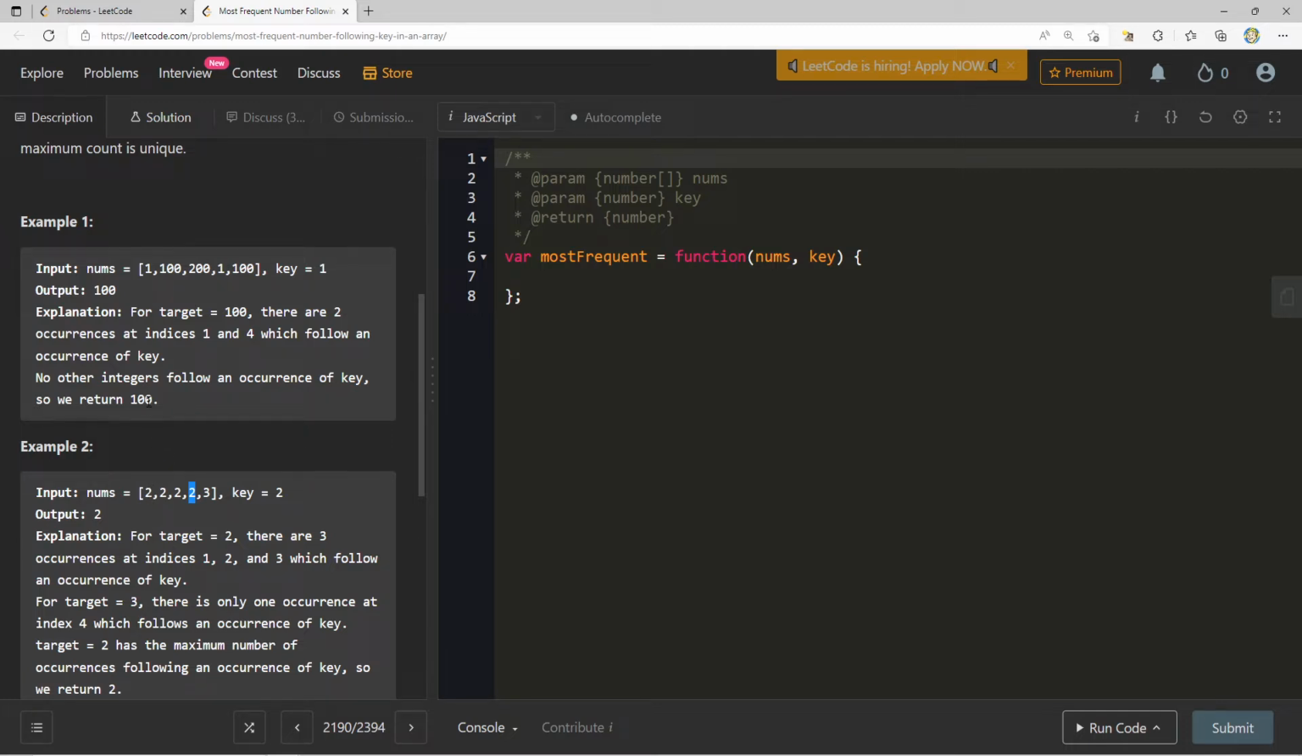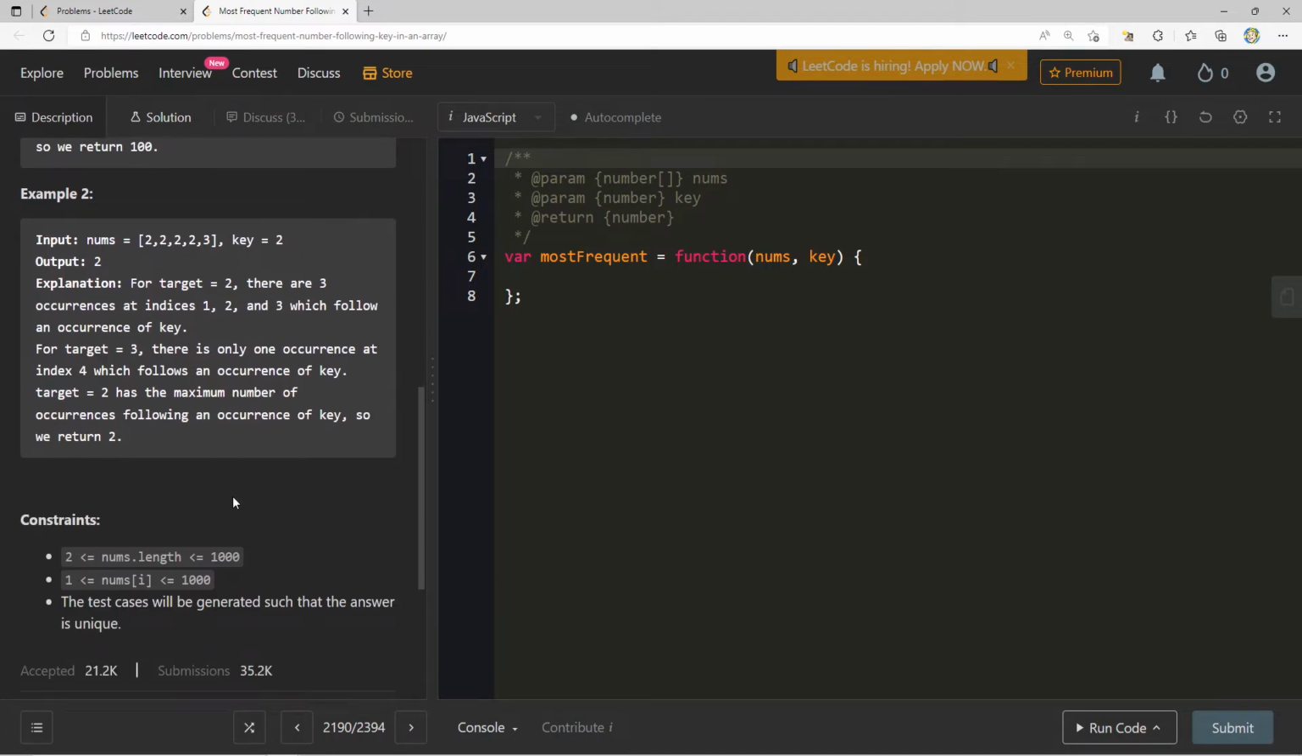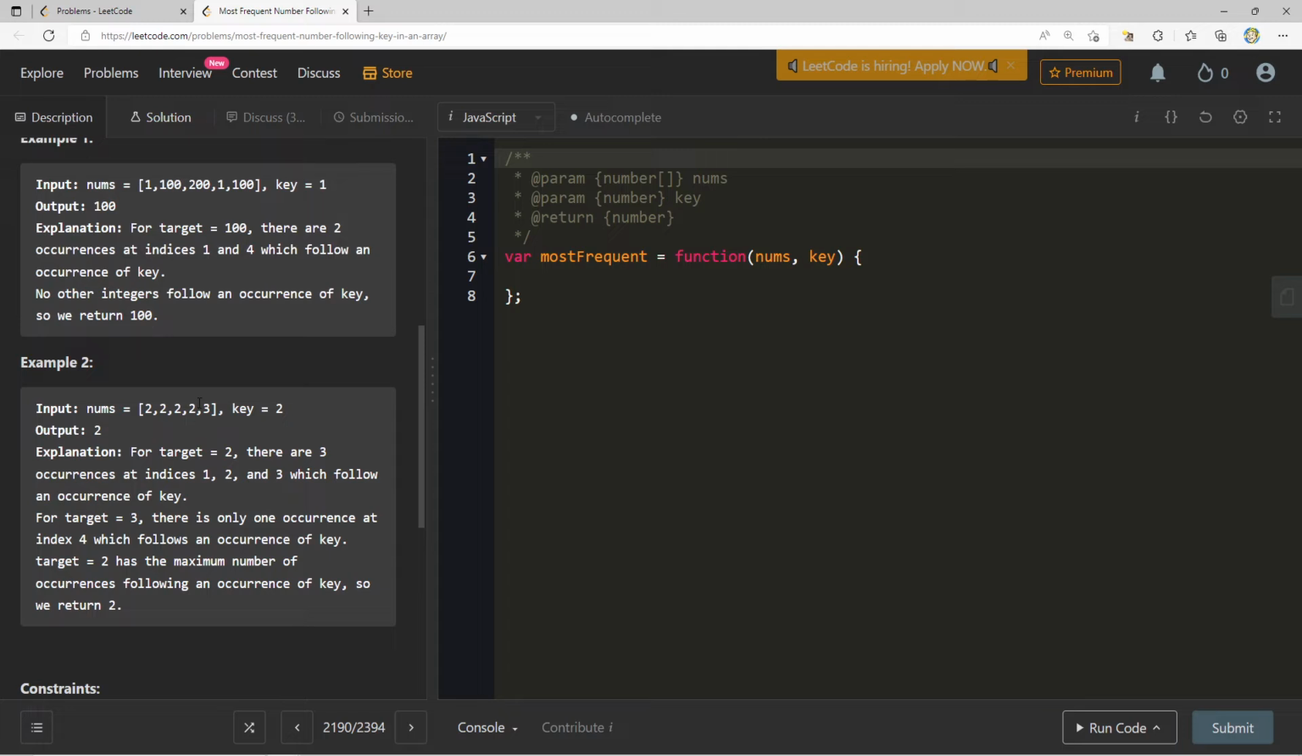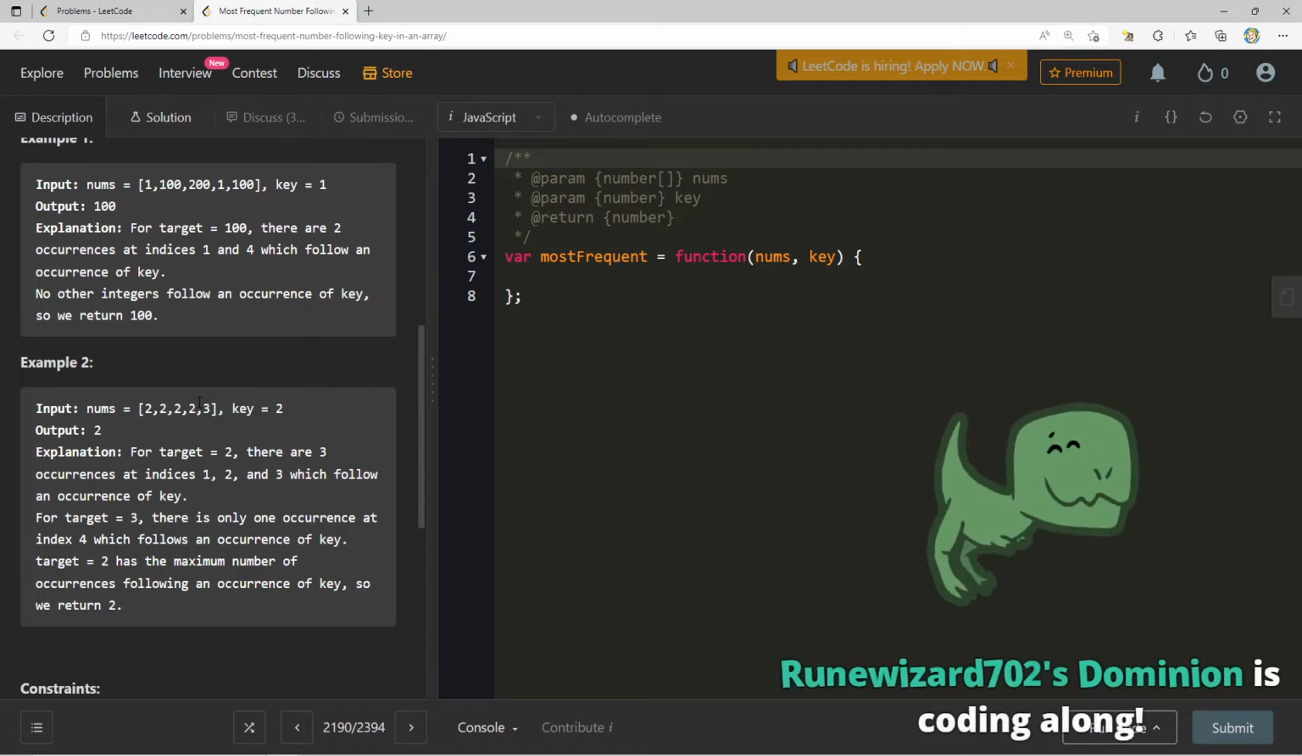Now it wants me to return, let me see, the key is 1, so the number that follows the maximum times after 1. Okay, for 2, what is the number that is the most after 2? There's 2, 1, 2 here, okay. The test cases will be generated such that the answer is unique. So it's almost like, let's think about this. The key is 2. For target 2, there are three occurrences. For target 1,